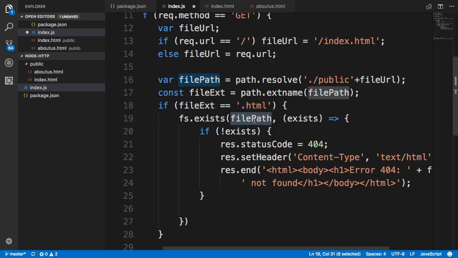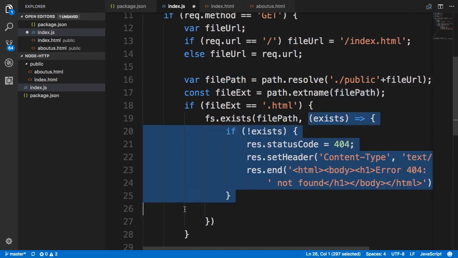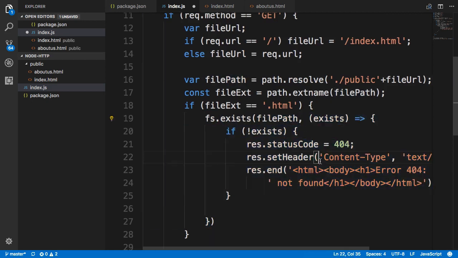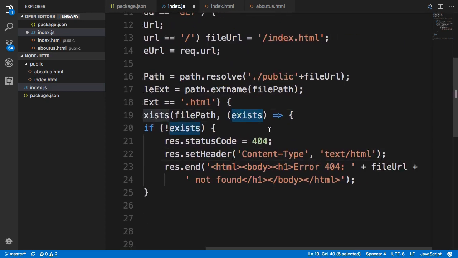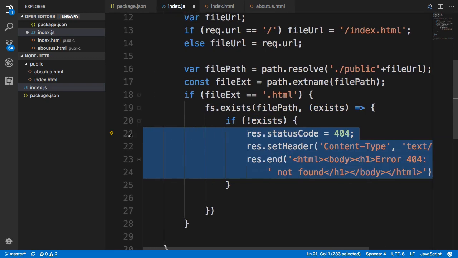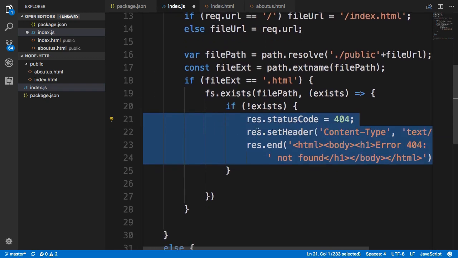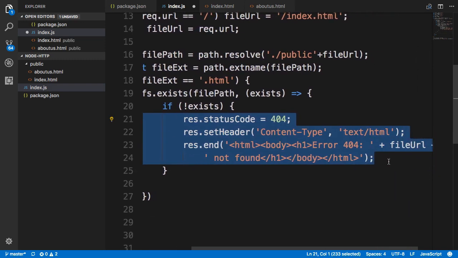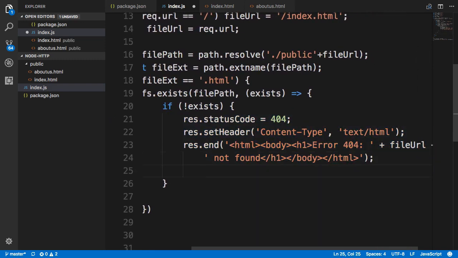So you give the file path as the first parameter, and the second one is the callback function. Inside this callback function, if it says the exists is false, then you're going to send back a standard 404 error message saying that you cannot find the file. And after we do this, we'll simply return. Otherwise,